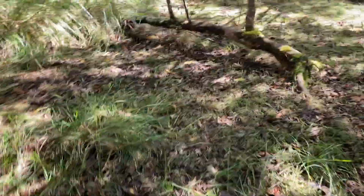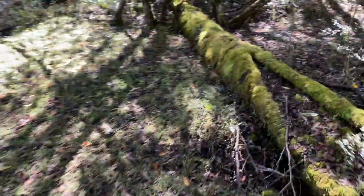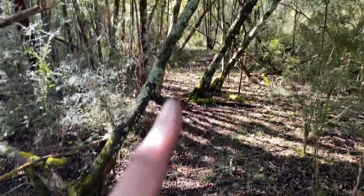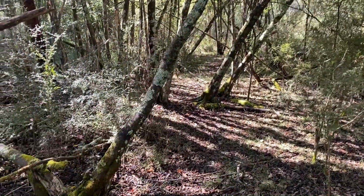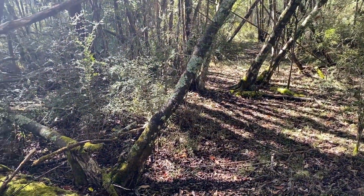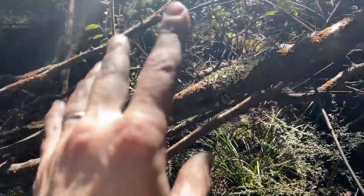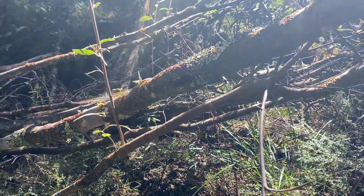There's also a little bit of tidying work to do down here. The path carries on there, so just one or two trees which are a bit more leaning over that I need to deal with. Get rid of so you don't have to duck. And I'm also thinking about dealing with these trees which have fallen over,